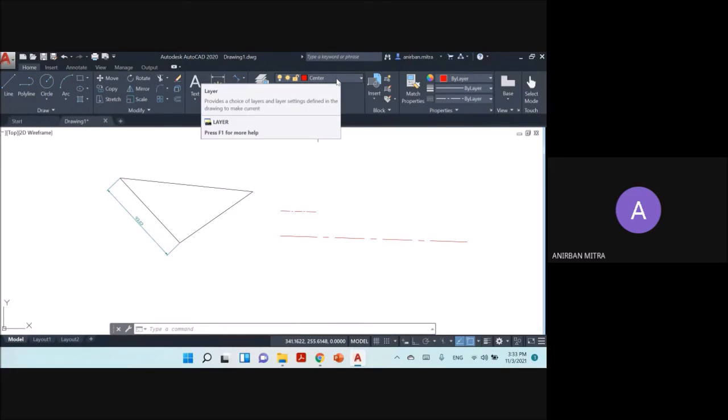But in case of very large drawings, it has to do with a particular command which is called regenerating a drawing. So when you regenerate a drawing, if there is a switched off layer, then all the information regarding that layer is still regenerated. So that takes up some computational resources, and that might slow down your machine.